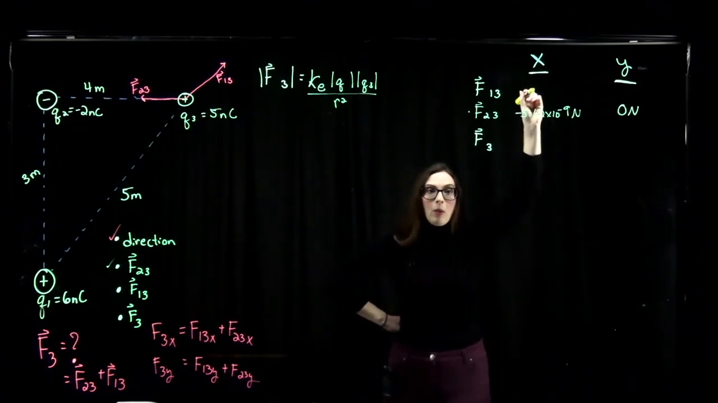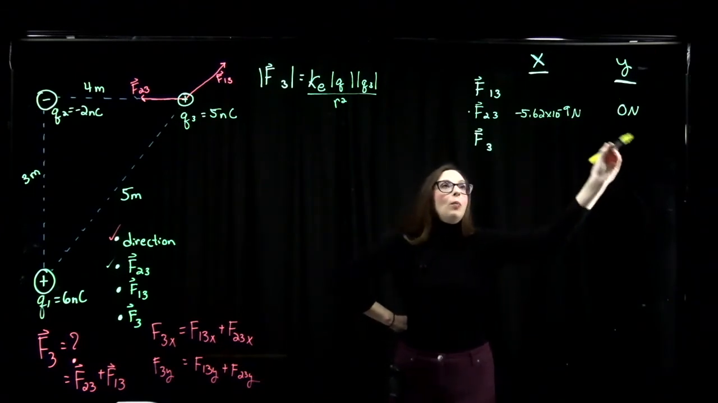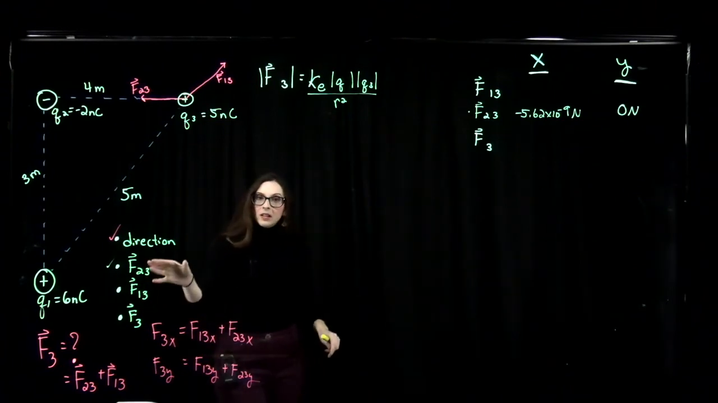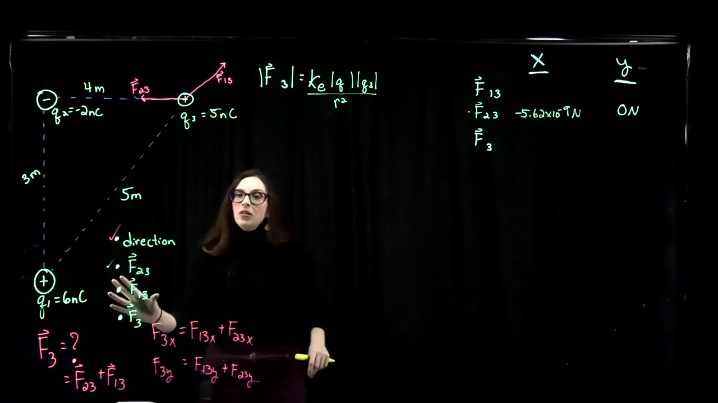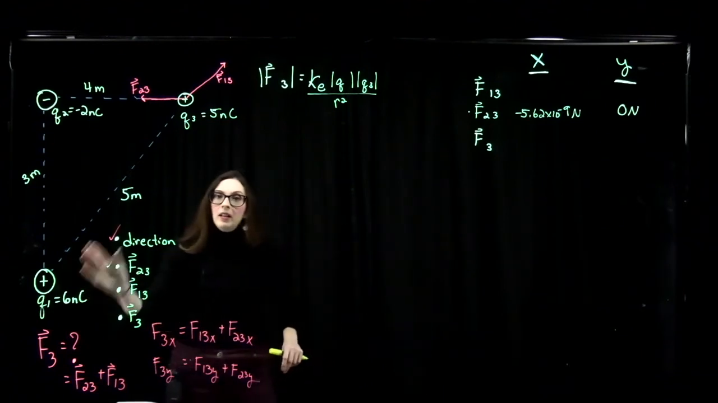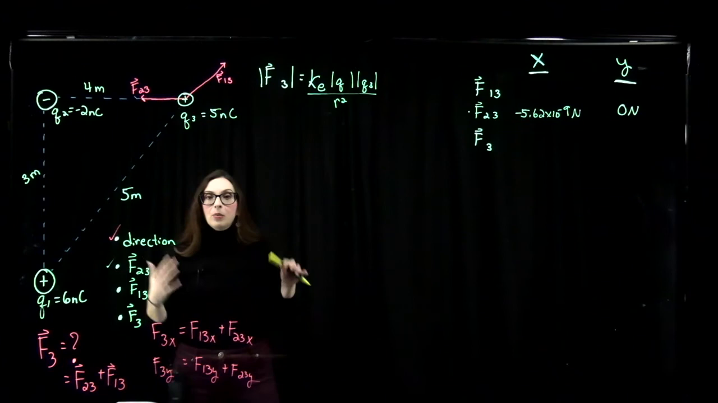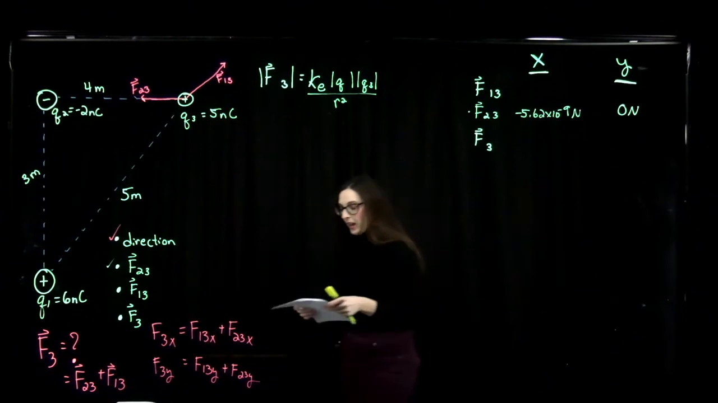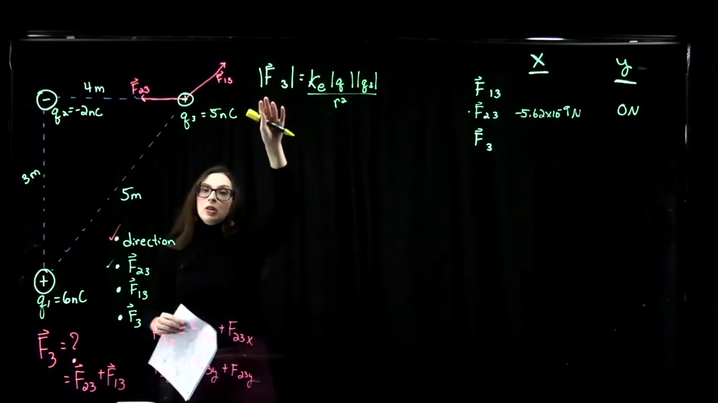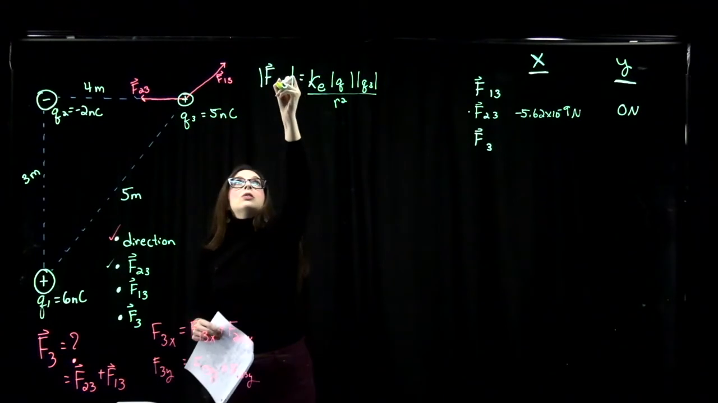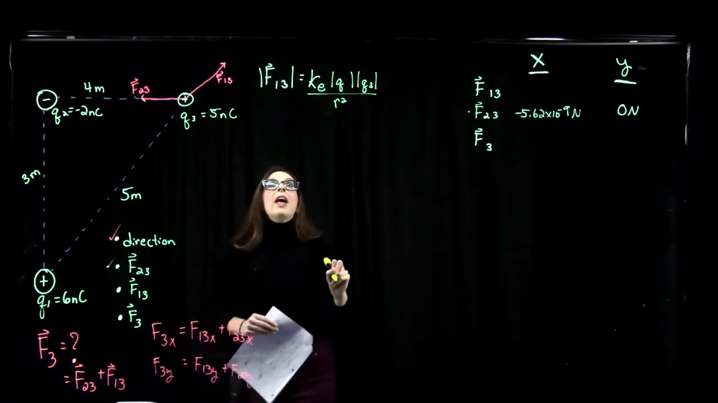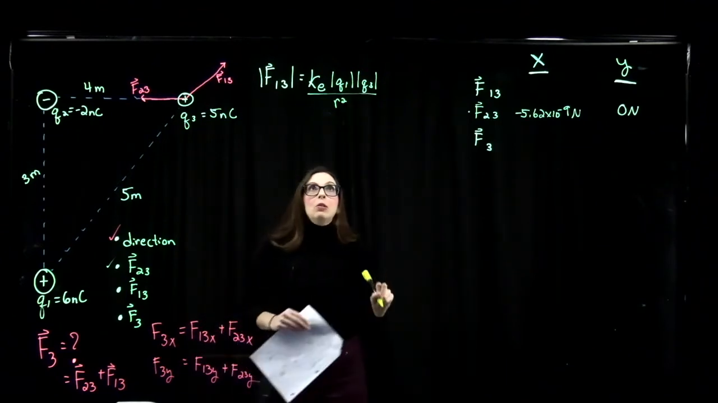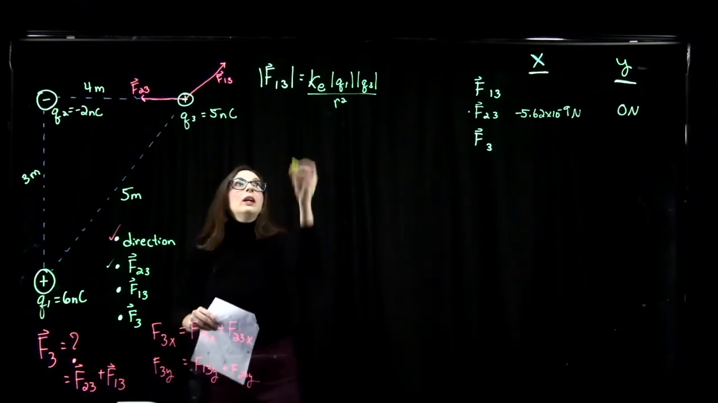So we can fill in what we get for F13 here, and that will help us get F3 in the end. So our next piece is to figure out the force that charge 1 exerts on charge 3, the magnitude, and we'll get the components of that force. In order to get the magnitude, we use, again, our equation for the magnitude of the Coulomb force. So this time we're thinking about F13. F13 is equal to our Coulomb constant times Q1 times Q3 over the distance between them squared. So again, we have